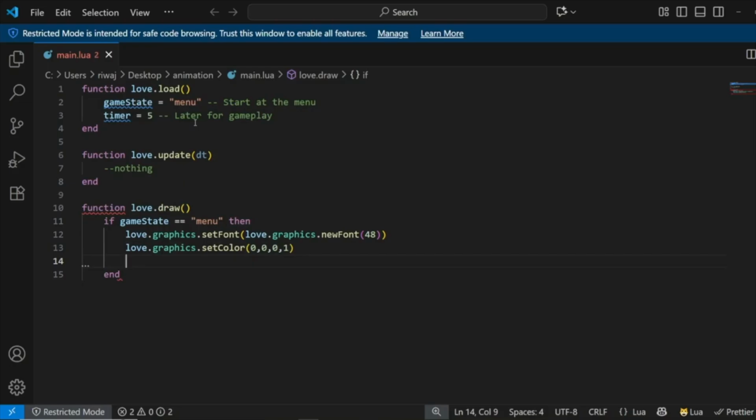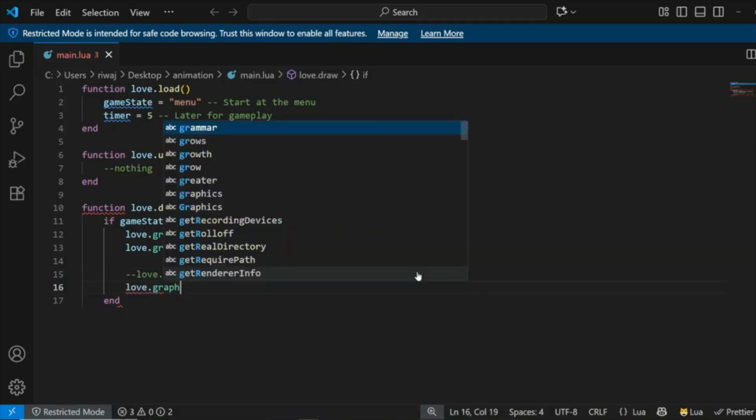So now what we will use is love.graphics.printf. Now it'll take these arguments. First of all, printf stands for formatted text. So our text that we want to print, after that the position values, so x and y, and then the limit of the text, that is the maximum space the text should take, and after that the alignment of the text. So in our case we'll be using love.graphics.printf,